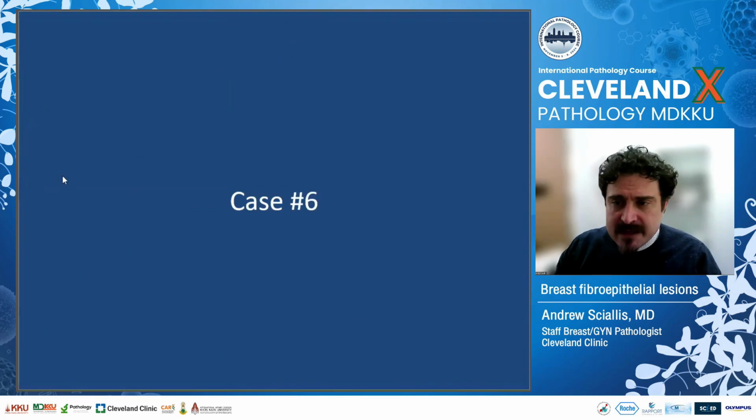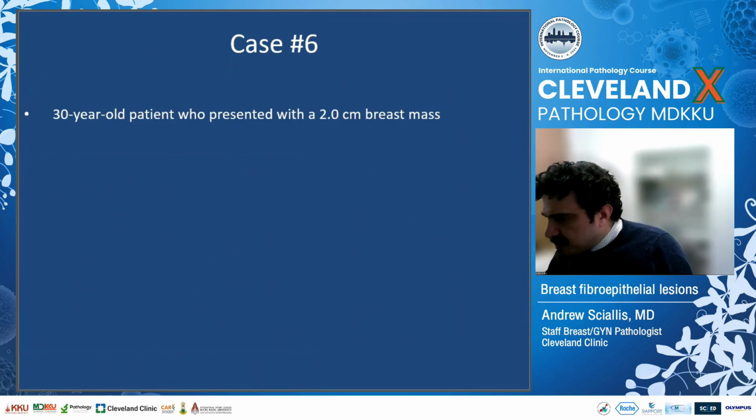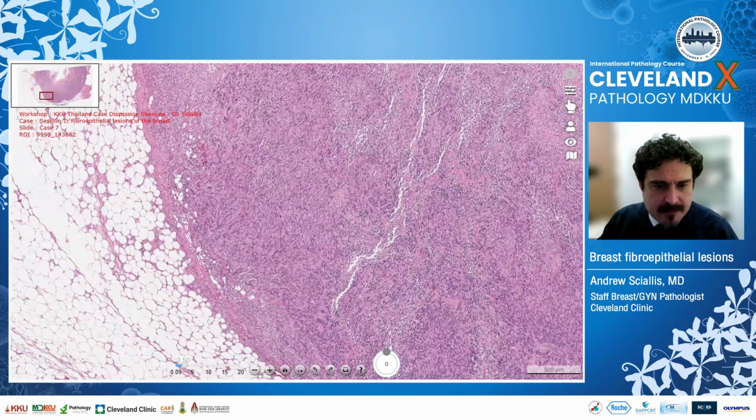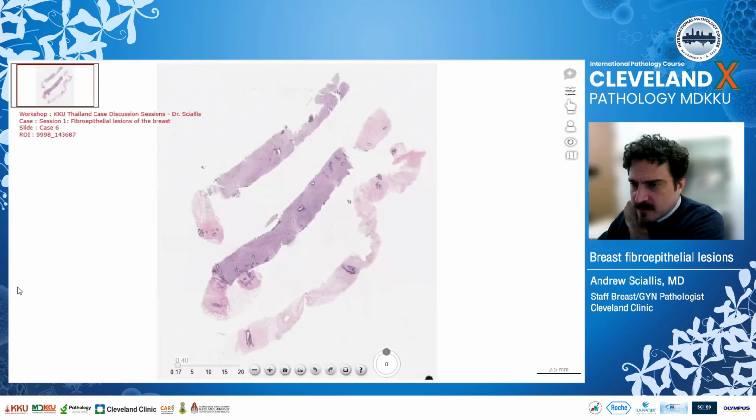Okay, case 6 is from a 30-year-old patient who presented with a 2-centimeter breast mass. Let's move back to our slide. So this is a core biopsy case, and this kind of reflects one of the questions that we were getting at. What do you do when you have something that looks like a funny-looking fibroepithelial lesion, or at least what are some of the strategies